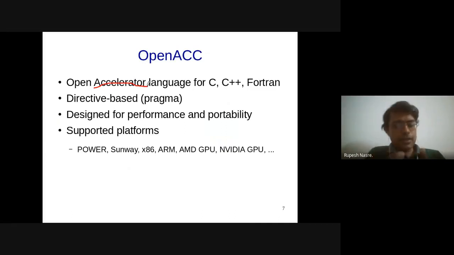Accelerators are typically characterized by many-core hardware. What does that mean? That means they don't have only a few cores, but a large number of cores. For example, a typical GPU might have a few thousand cores. There could be accelerators which might have hundreds of cores. So they are going to accelerate the program considerably, and therefore these are termed accelerators. Although you cannot say that beyond 32 it is an accelerator and before 32 it is a multi-core platform. Nothing like that. This transition from multi-core to many-core is nowhere defined.